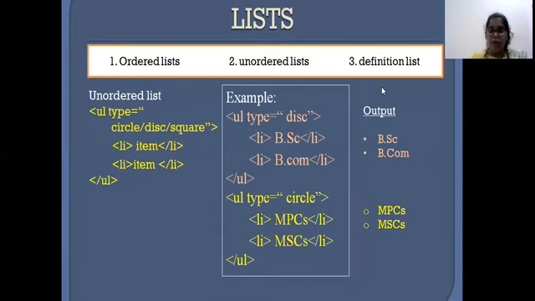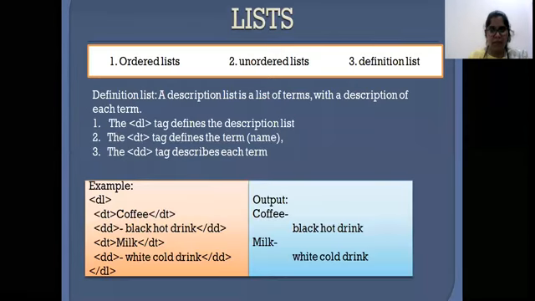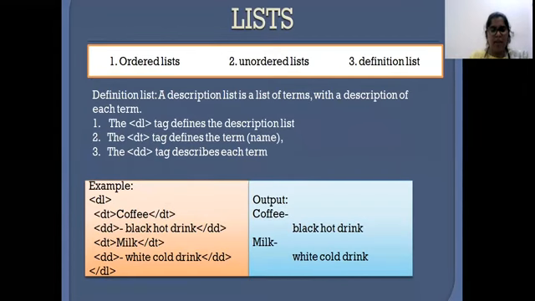So let us move on to the next one, which is a definition list, which usually defines a list of items. Suppose we want to define more than two or three items, then we can use a definition list here. Definition lists are created with the help of three tags. The first tag is the DL tag, which represents the beginning of a definition list, and obviously it's a paired tag. And the next tag is the DT tag, which defines the term name.